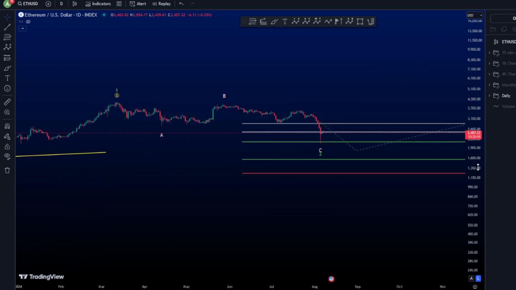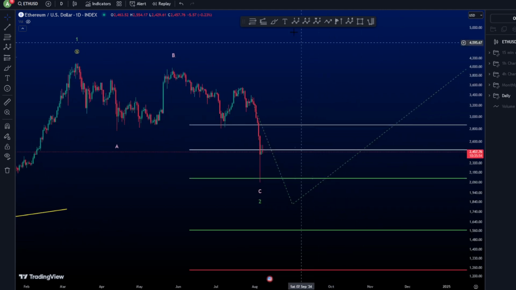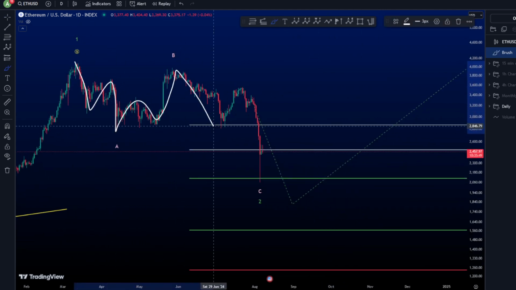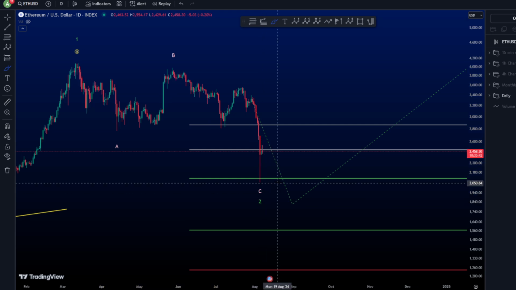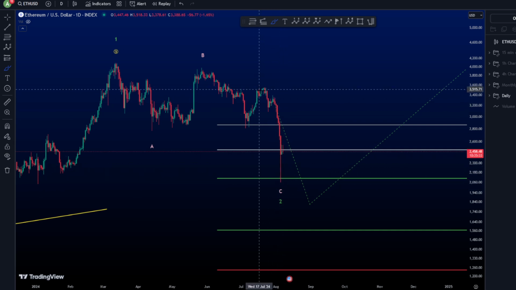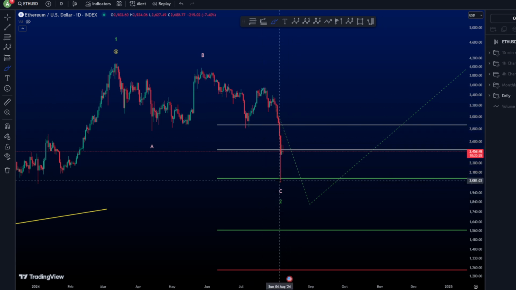Now, moving to the daily chart, we can see exactly inside this a corrective wave. Inside the ABC, we got 3 waves down and 3 waves up, and 1, 2, and 3, and potentially 4 and 5, finishing the wave C and the 2. Now, it is very possible as well that the wave 5 has already finished inside the impulse here, when we see 1, 2, 3, 4, and 5 inside this sharp move towards the downside.